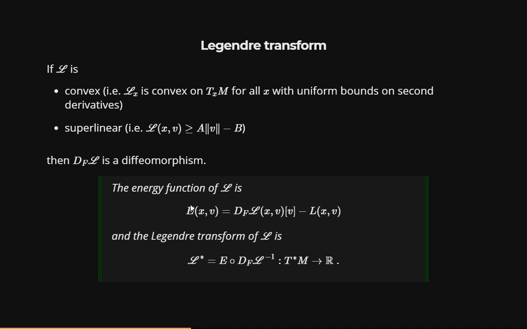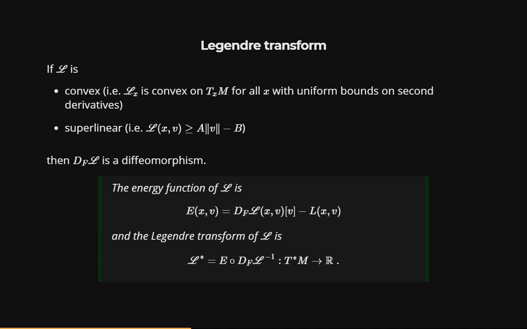Well, the energy function of L is just the fiber derivative of L applied to xv, which is a map from the tangent to the cotangent, so this gives a differential form at x. So this gives a cotangent vector, so an element of the dual of the tangent. So this is a differential form evaluated at x, applied to v,